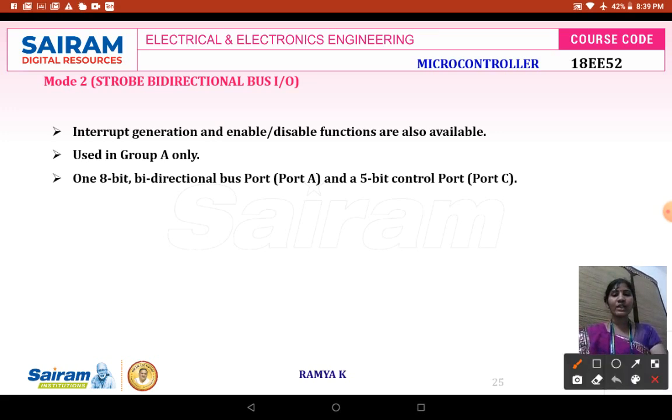That is why we are calling it bidirectional, that is, the data can flow to or from your IO device. Here you have a data bus. So in this data bus, the data can either be transmitted to port A or port A can load the data onto your data bus. So here the bidirectional 8-bit port and 5 bits of port C are utilized to create a strobed bidirectional bus IO operation.